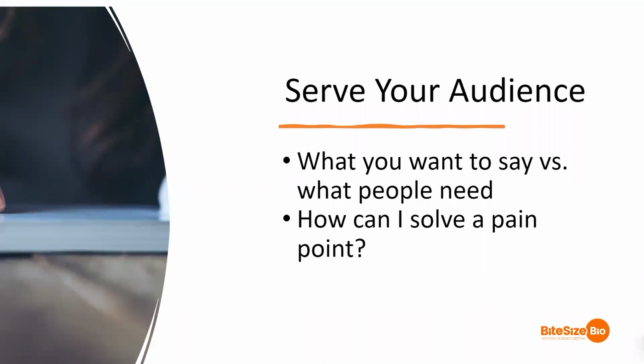People have limited time. And when they choose to read something, it's mostly because it will somehow benefit them. One great way to keep your audience in mind is to focus on solving a problem. What is a problem your audience has? How can your writing help solve this problem or pain point?